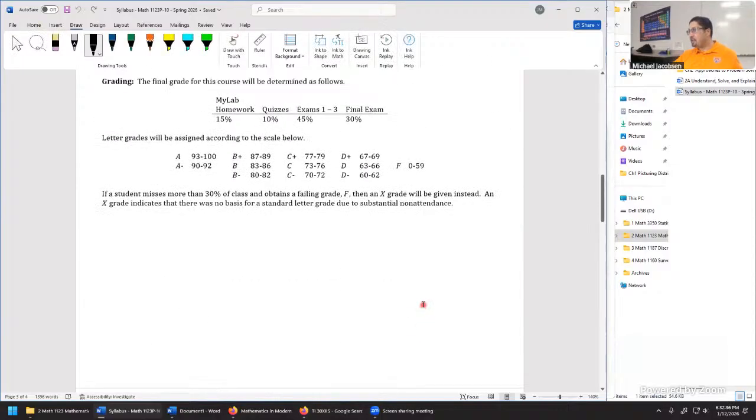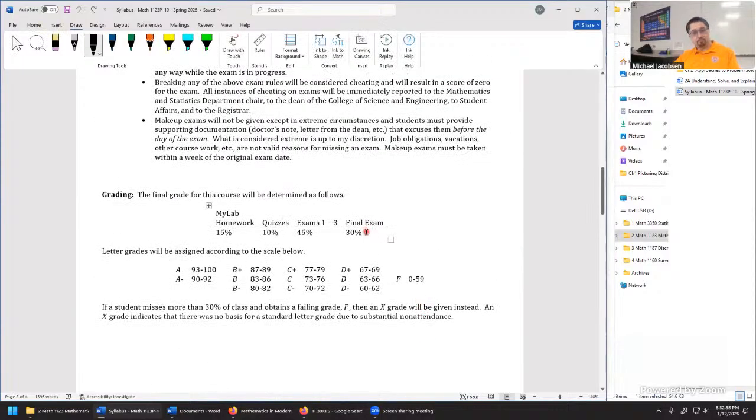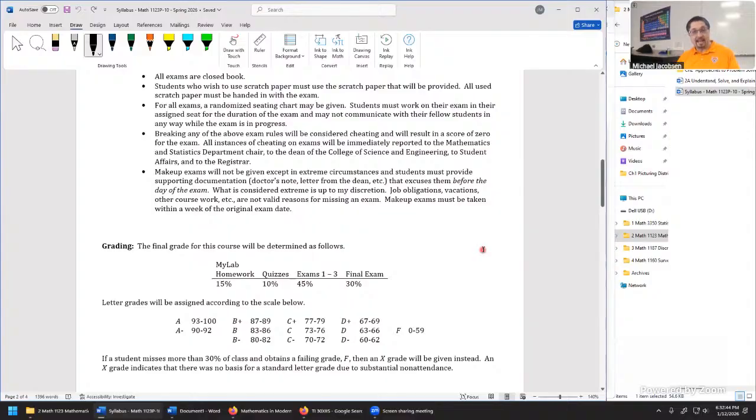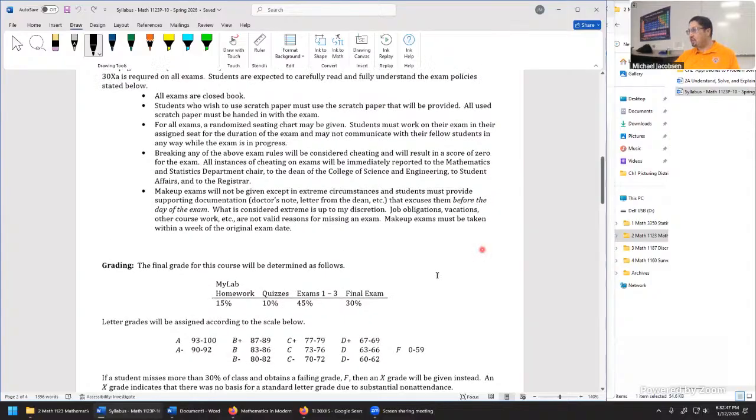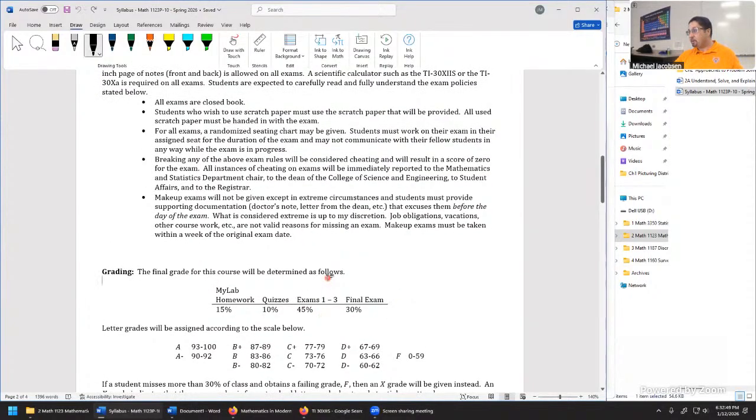So again, final exam is not meant to be anything major. It's worth 30%, and it is a 2-hour exam, but I'm not going to try to write a long exam where you're writing for 2 hours like we mentioned on exams 1 through 3. Pretty much if you're doing really well on keeping caught up with the class, coming to class, reading the book, keeping up with homework and quizzes, and you're doing well in the exams, the final exam is not going to